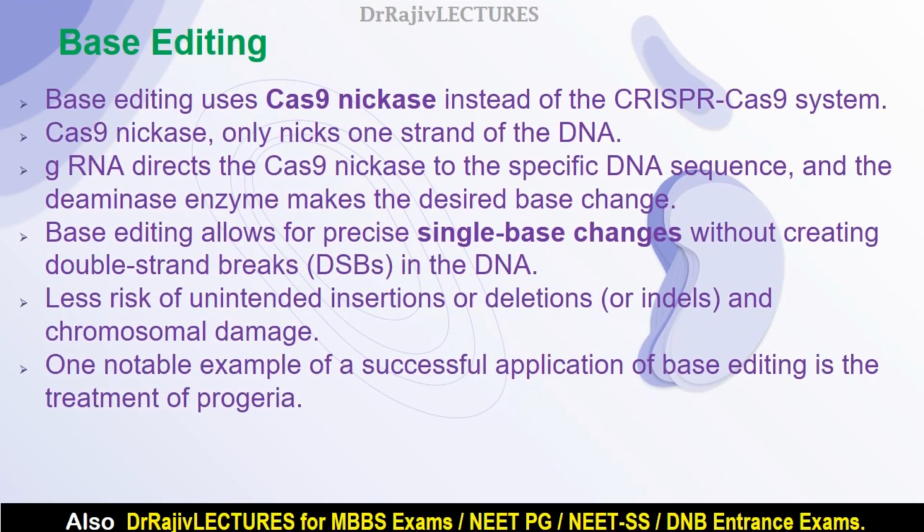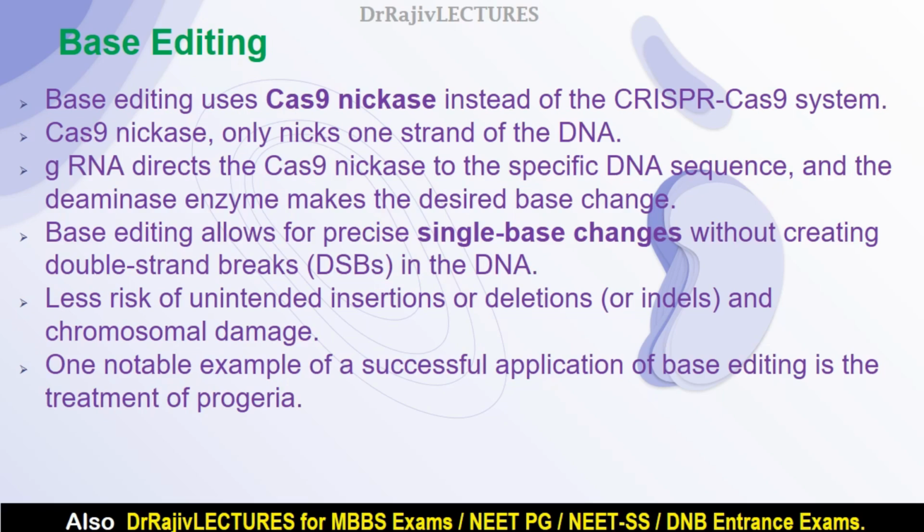Base editing is an advanced type of gene editing technique. It allows for precise changes to individual DNA bases without cutting the DNA strands. The base editing method is particularly useful for correcting single point mutations, which are responsible for many genetic diseases. Base editing uses a modified version of the CRISPR-Cas9 system known as Cas9 nickase. Instead of creating double strand breaks, the Cas9 nickase only nicks one strand of the DNA. The guide RNA directs the Cas9 nickase to the specific DNA sequence where the deaminase enzyme makes the desired base